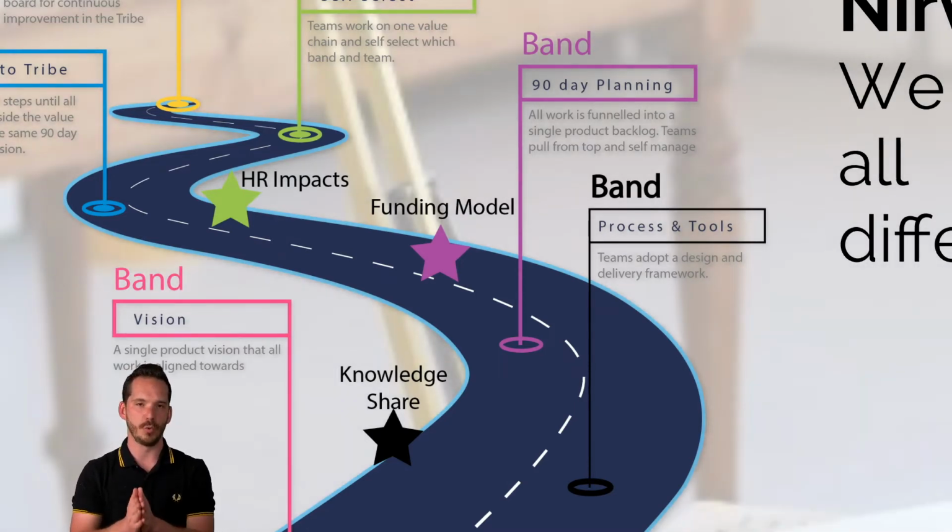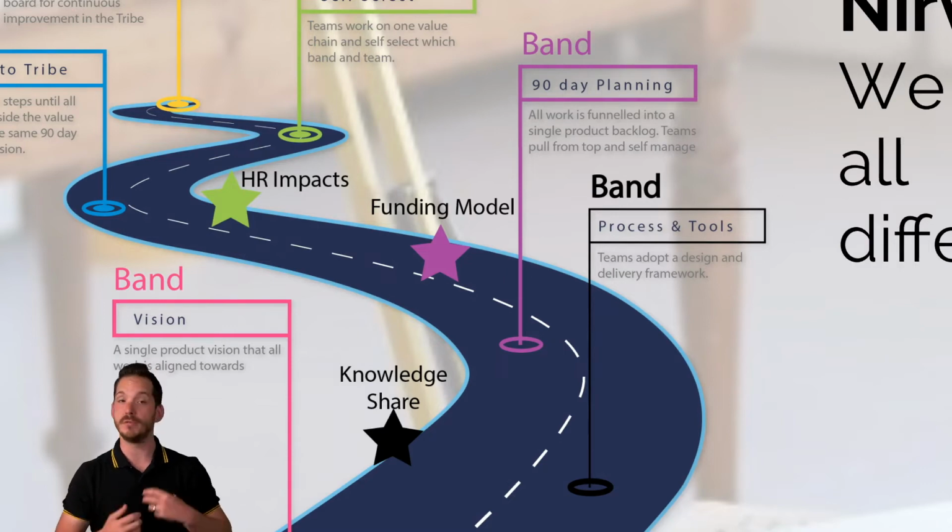Once you're up and running for a quarter, the next quarter, you want to be doing 90-day strategy or 90-day planning or big room planning or PI planning, whatever you want to call it. And this is because most organizations that are amber or orange will find themselves in yearly budgets or 3 yearly budgets. You want to get to a point where you're drawing down funds for a quarter. For that, it's different in every organization. You may have finance on board, you may not have finance on board. You may have HR on board, you may not have HR on board.